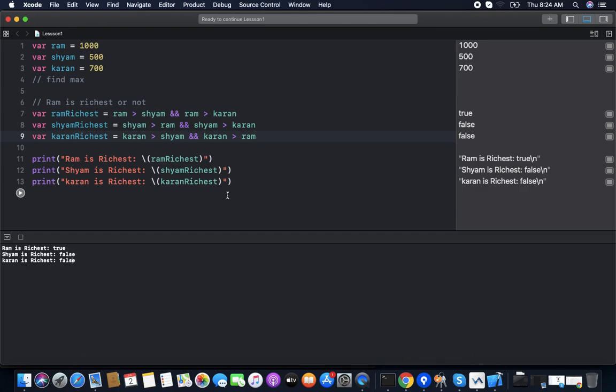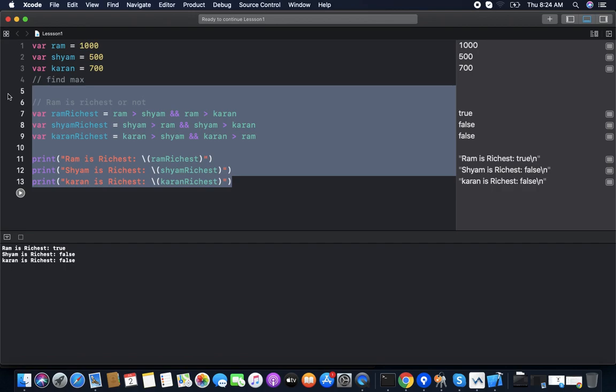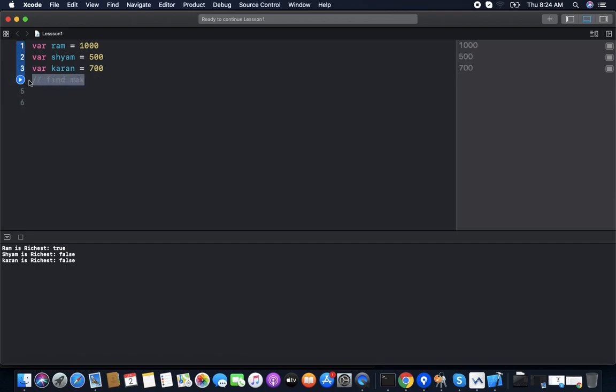Now we have the OR operator. So we remove this row. In the previous question, we wanted to find the richest.